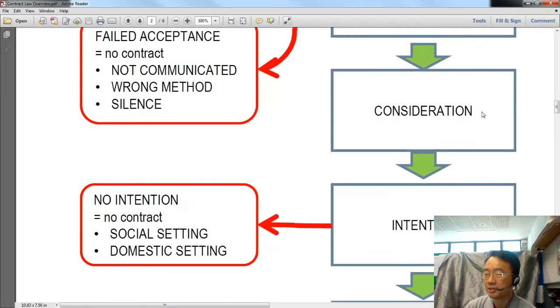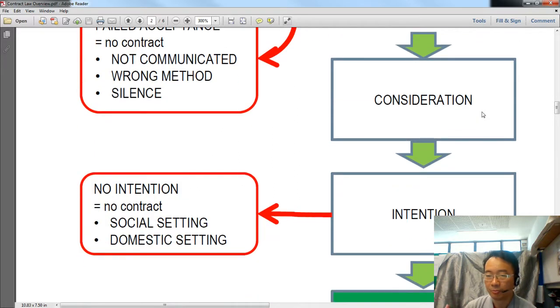As for consideration, remember, consideration is the value that is given from both sides. Remember that both parties need to give consideration and it cannot be past. So you look into the notes. Like I said, this is meant to be an overview, some of the key areas. Do not limit yourself to studying only this particular overview. Make sure that you also look at all of the notes and slides, but this is meant to give you a big picture. So for consideration, remember, consideration cannot be past. So you cannot have a consideration for something which has already taken place before. And also the consideration can even be a small amount. It could be adequate.